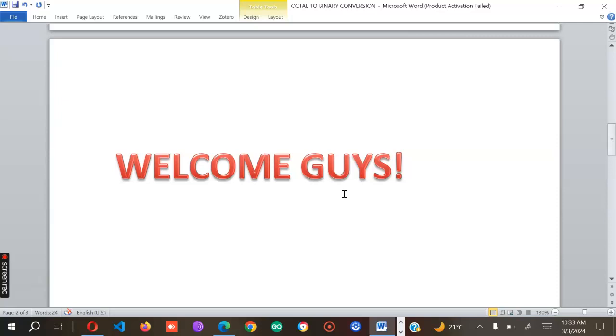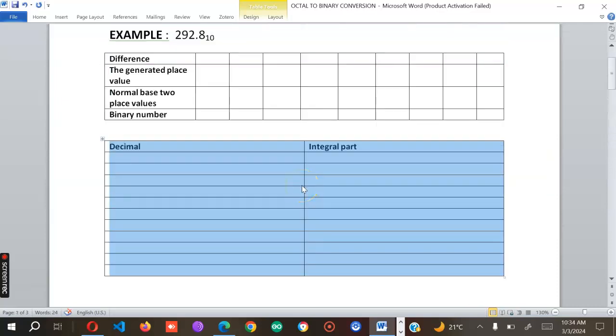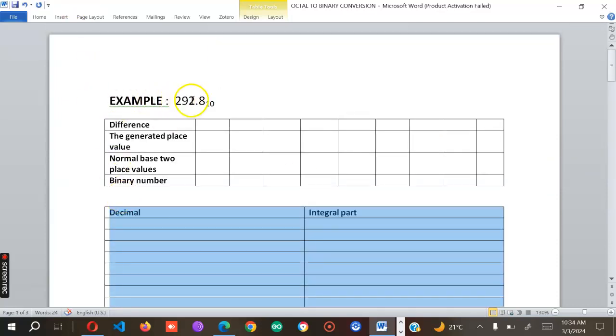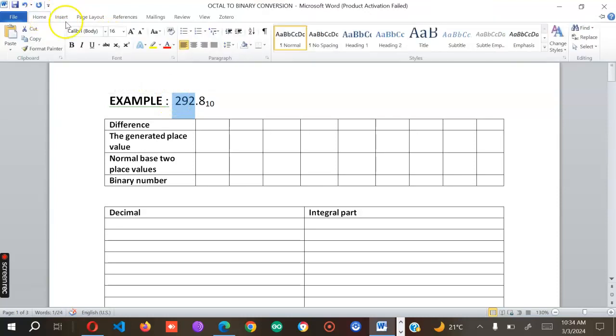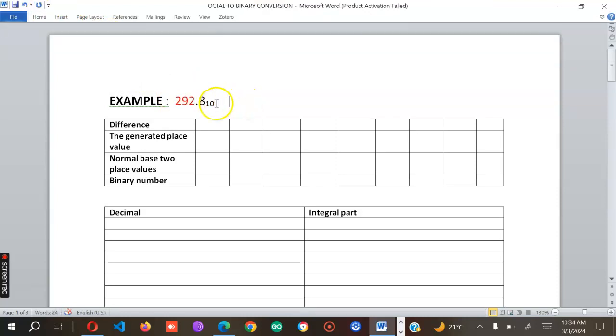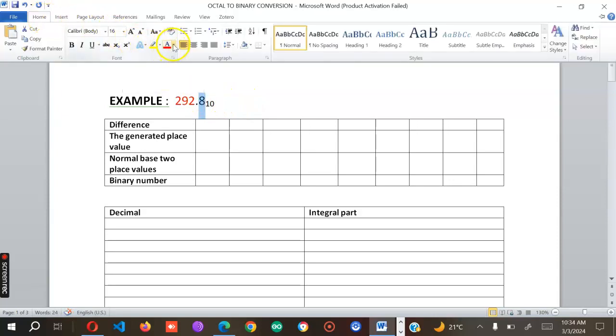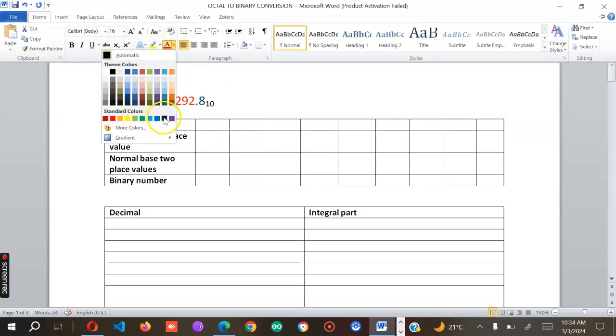We need to remember that for the integral part, the weight increases from right to left, while for the fractional part, the weight decreases from left to right. Okay, let's dive into the example that we have: 292.8. So 292 is our integral part,